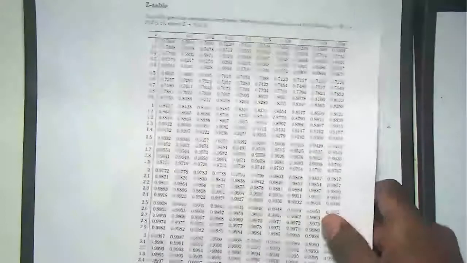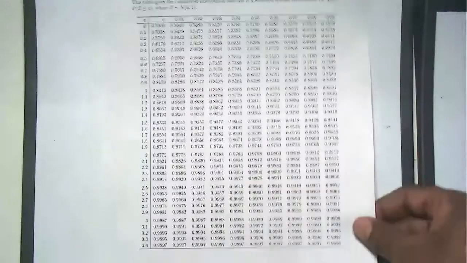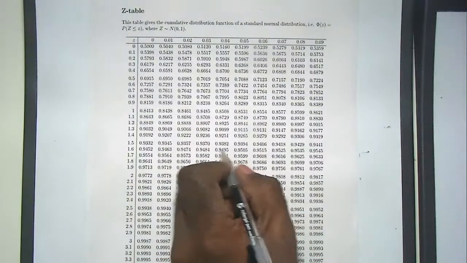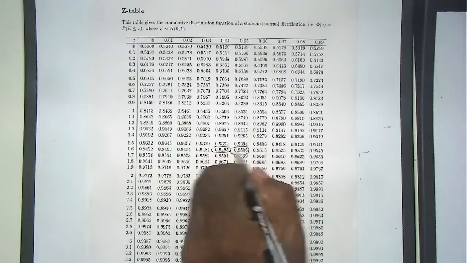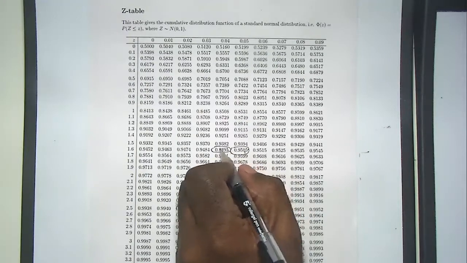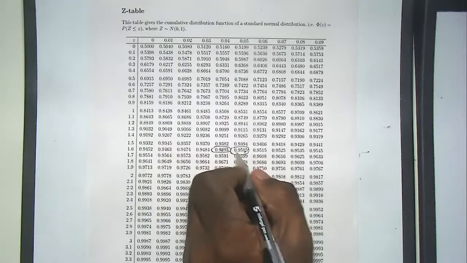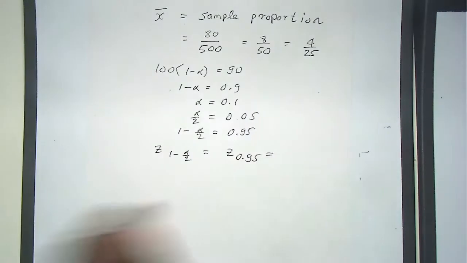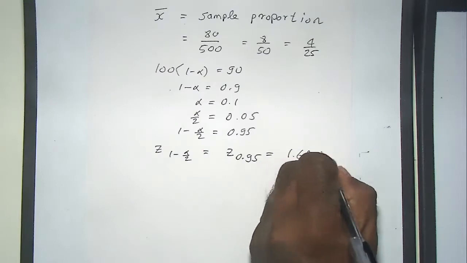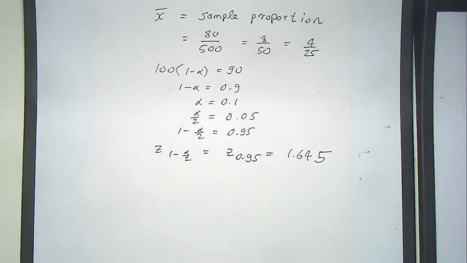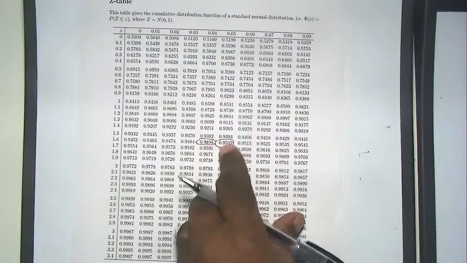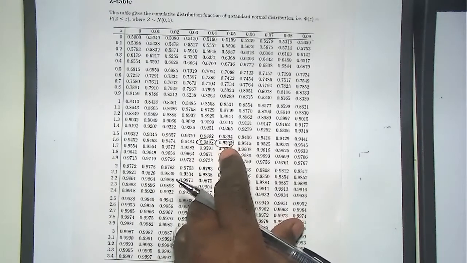This is the table I'm referring to, the z table. If you read 0.95, you find that 0.95 is halfway between this one and this one. So it's 1.64 and 1.65, so it will be 1.645. You follow me? Do you see how I got this? Just look at this table, guys. This is 1.64, this is 1.65, and you want halfway between the two, which is